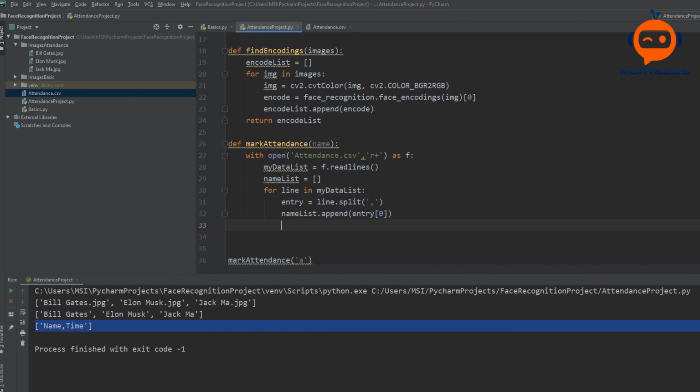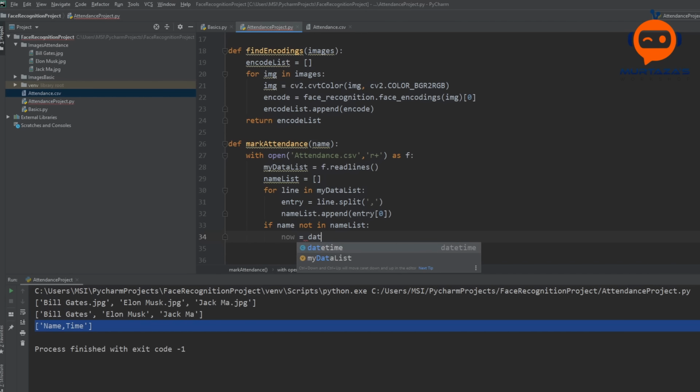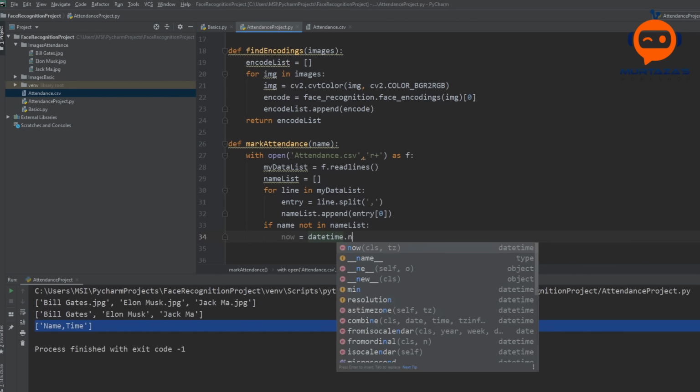So once we have the list of all the names, we are going to check if the current name is present or not. So if name not in name list, if the name is not already present, then we are going to find the time. So we will say now is equal to datetime dot now.